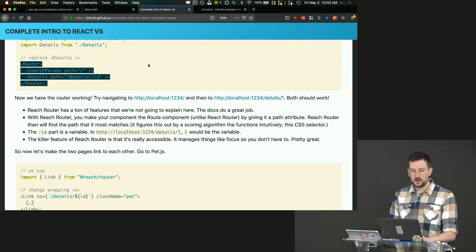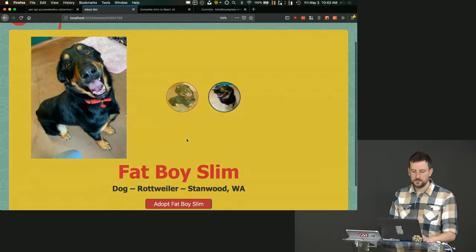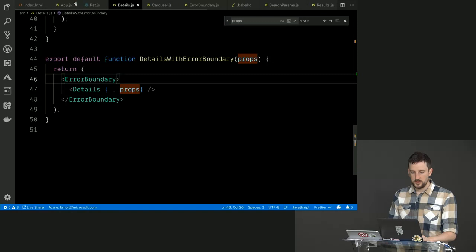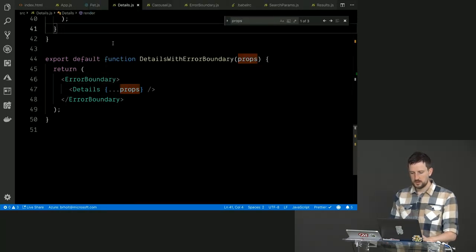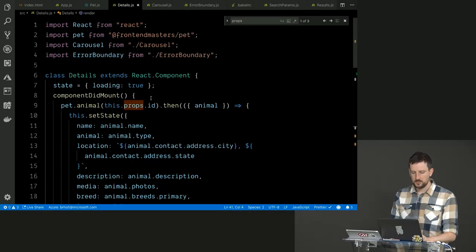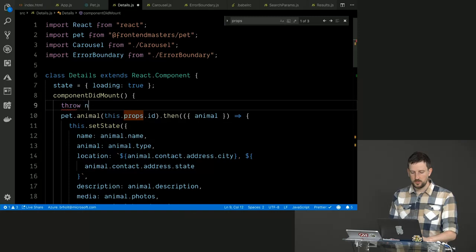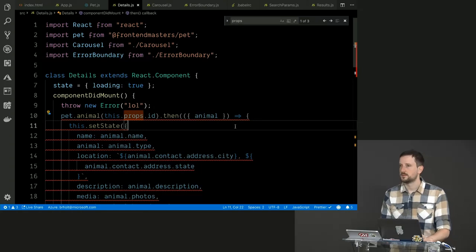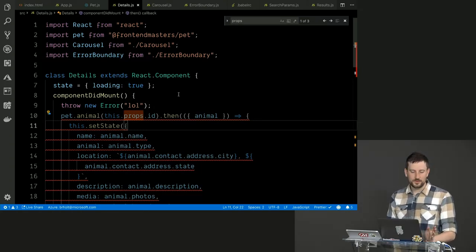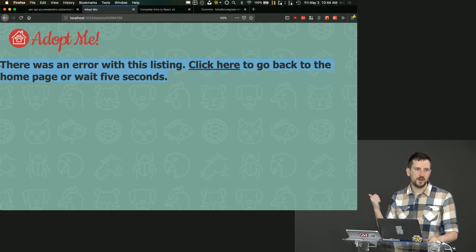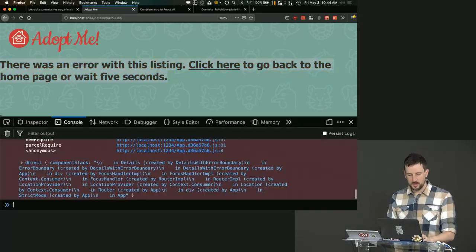So now if we go look at our app, everything should look exactly the same, right? Because this has no errors on it. But what happens if I go into the details page now and say details? All right. And let's say here inside of componentDidMount, we're just going to say throw new Error, like that. What's going to happen? Hopefully, you can see that there was an error with this page. Click here to go back and wait 5 seconds. We'll go do the 5 seconds part. We haven't done that part, right? But you can also see here that